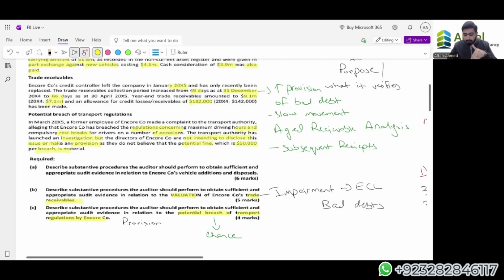Now the management is taking this too lightly. If they're taking it too lightly, now look, understand one thing: when something doesn't seem logical to you, it doesn't mean it is wrong. It means you have to obtain an understanding of it. So if the management is saying that this is not material, ask the directors why they consider this immaterial, and why they are not disclosing it.